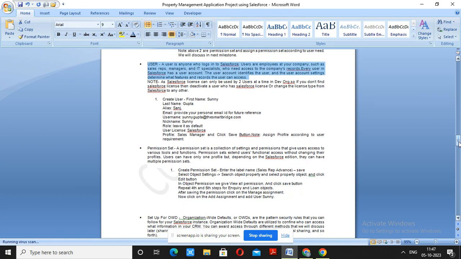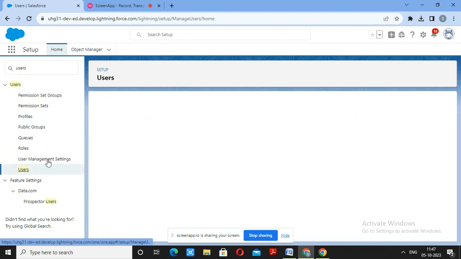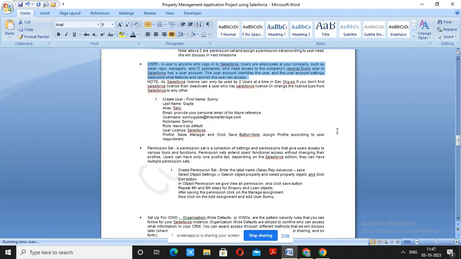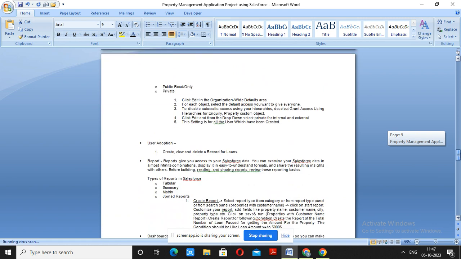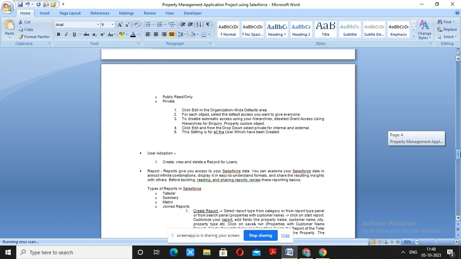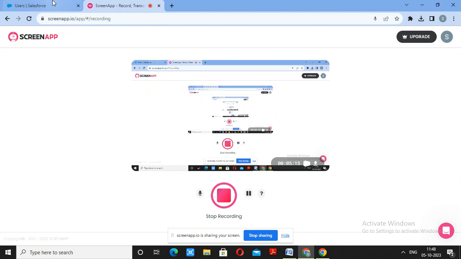Now we have to assign the profile to some users. So we will create a user. Like we have created Sunny user for the Salesforce section, and then we'll hit save. And we are giving the permission set for that particular profile, right? Okay. So here, if you can see,